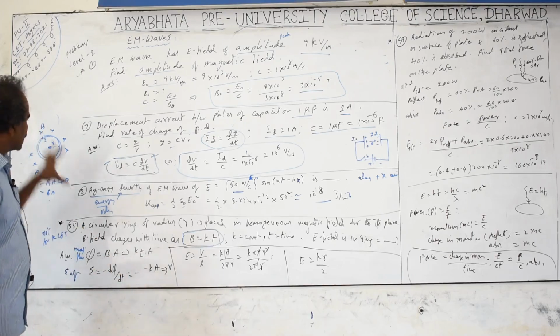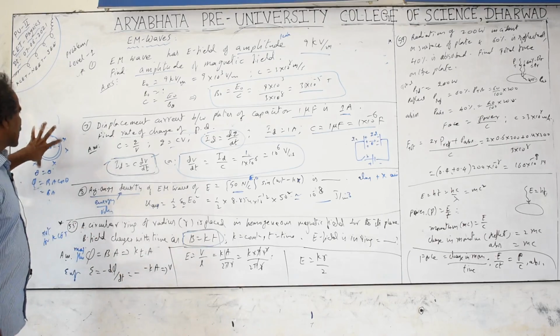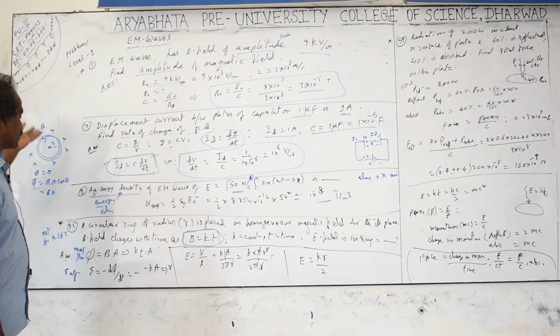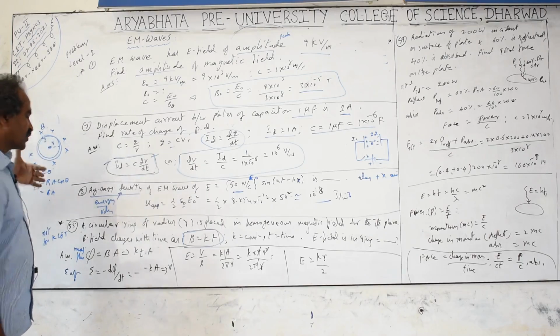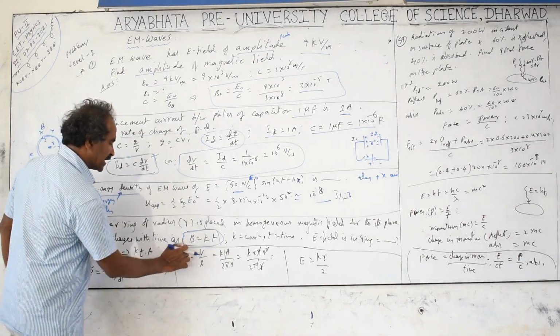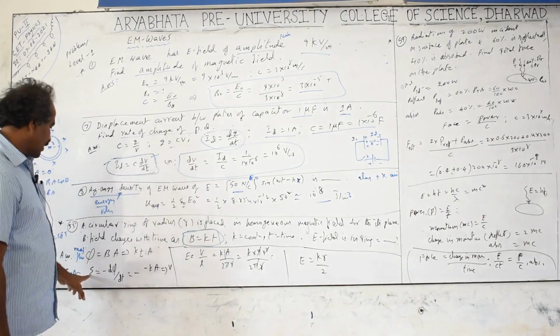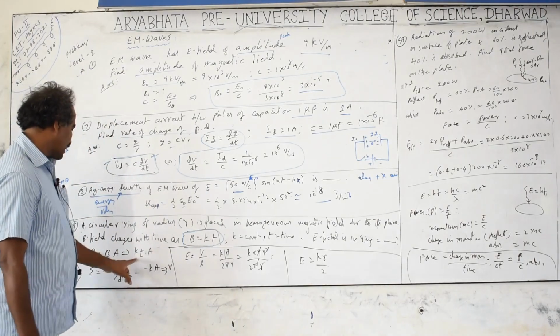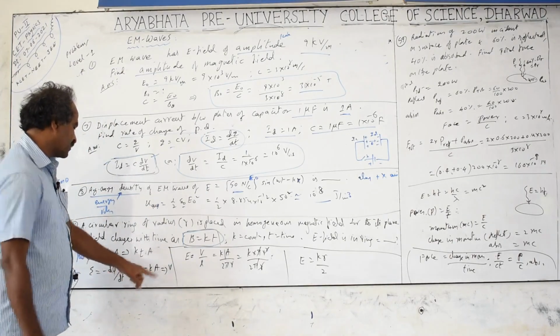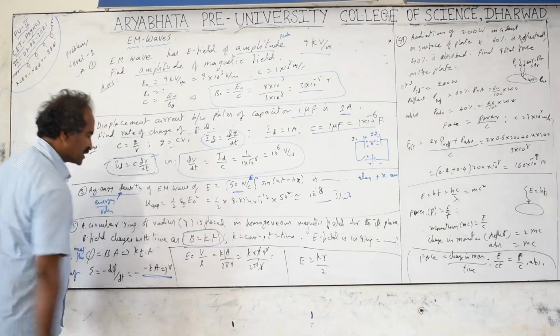The negative sign only indicates that the induced EMF induces the current for the closed circuit which opposes the change of the flux. If flux is trying to increase, the induced current tries to decrease the flux by producing its own magnetic field in the opposite direction. So induced EMF is equal to minus KA, you will get from this. I am taking it as a voltage V, not compulsory, that is left to your choice.